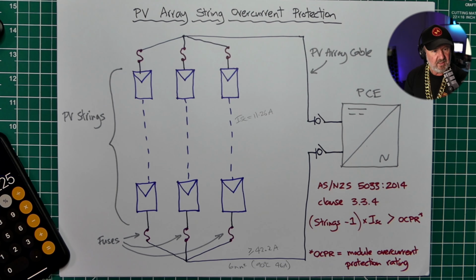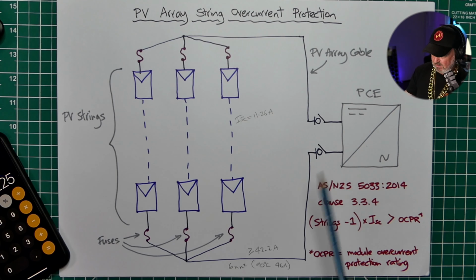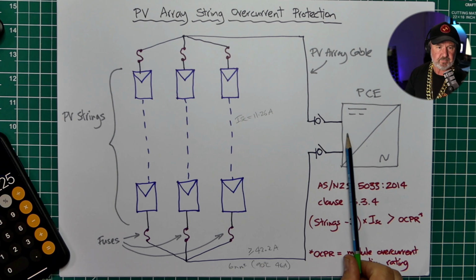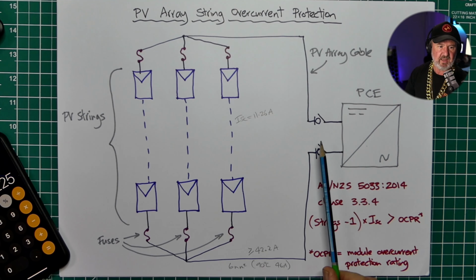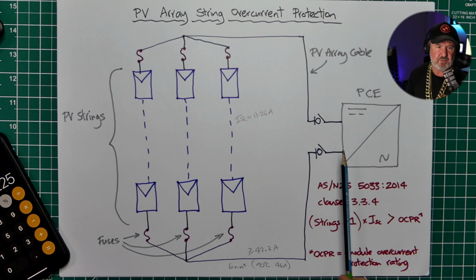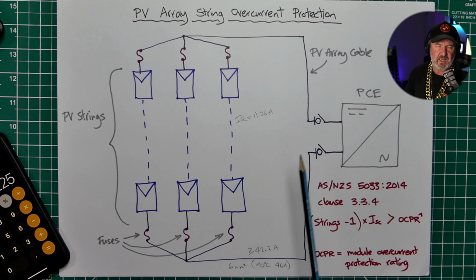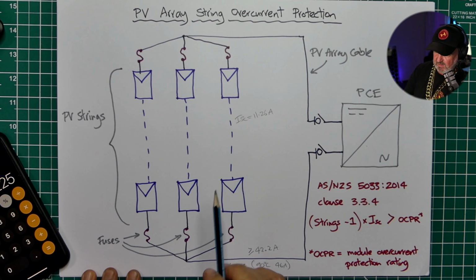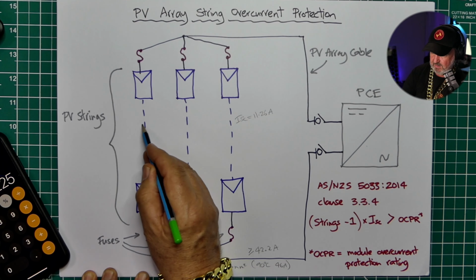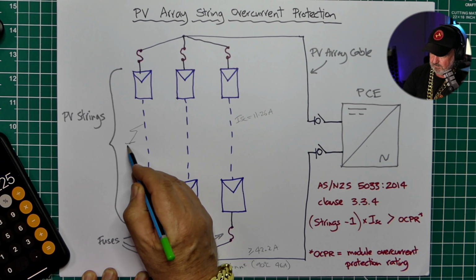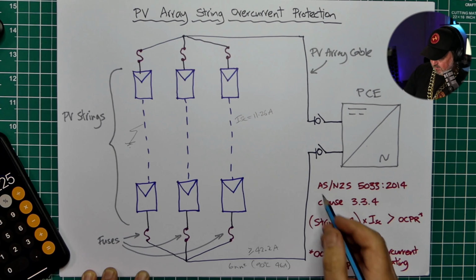Tick, tick. We make sure that our PCE can carry at least the fault current of up to 42.2 amps on its input. So the input short circuit rating of the inverter is 42.2 amps. But now we have a third and bigger problem. The bigger problem is that if we were to have that same earth fault here, and of course the secondary fault elsewhere,